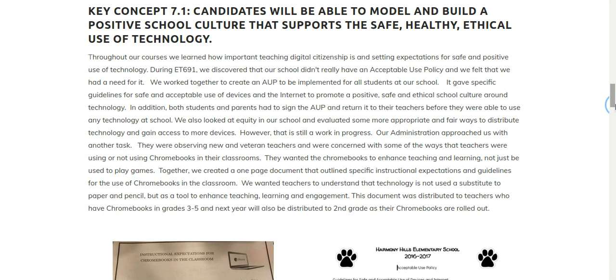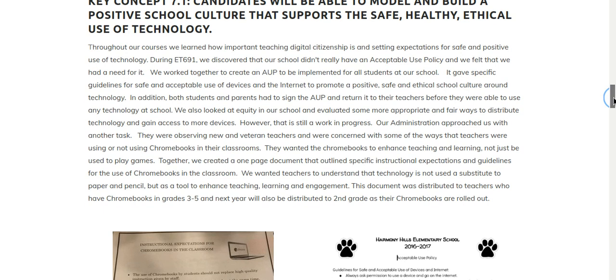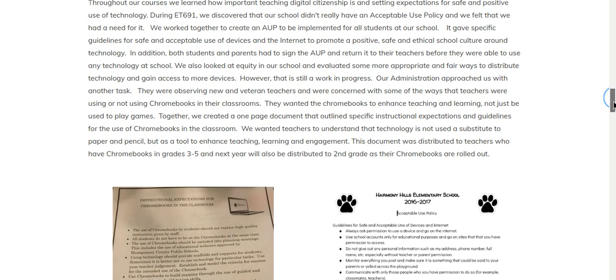Technology is surrounding us at school, at home, everywhere. And we really want to make sure that we're setting up a safe and positive environment using that technology, when so many things can go wrong. So we wanted our school to be models of digital citizenship. And throughout one of our courses, ET 691, we had to come up with a plan,